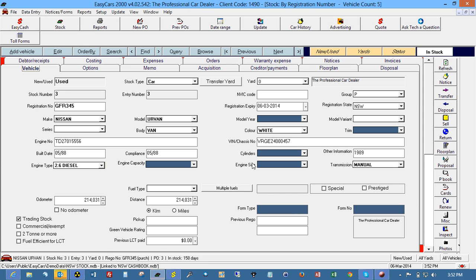Entering expenses into EasyCars. There are many different types of expenses out there. They can range from your stamp duties and transfers to even paint repairs. To enter an expense into EasyCars, you'll need to go into the New Purchase Order button,